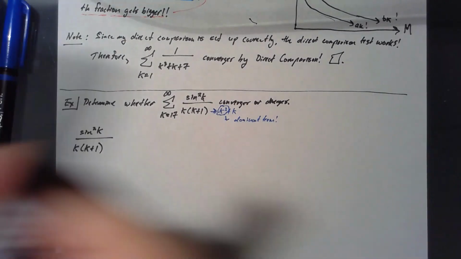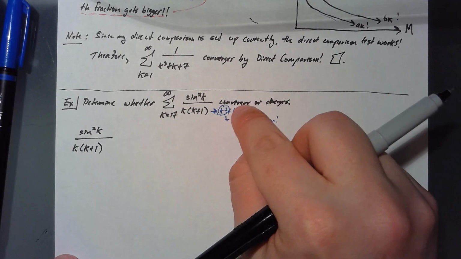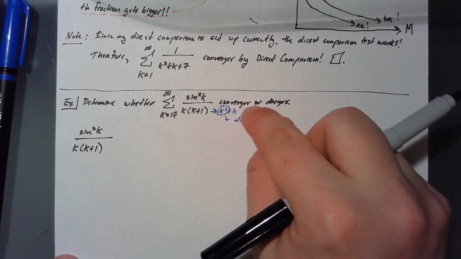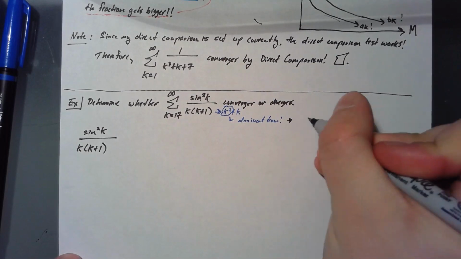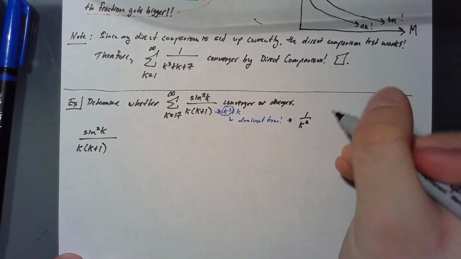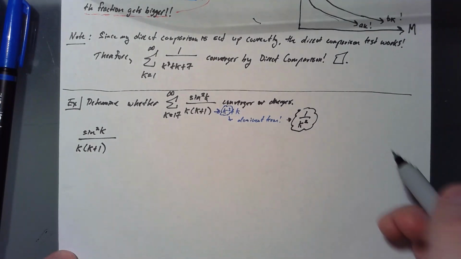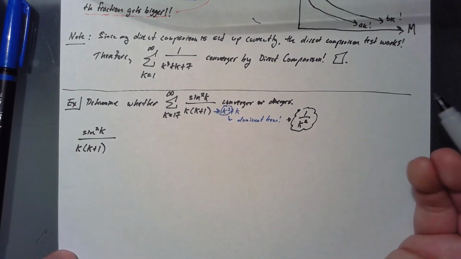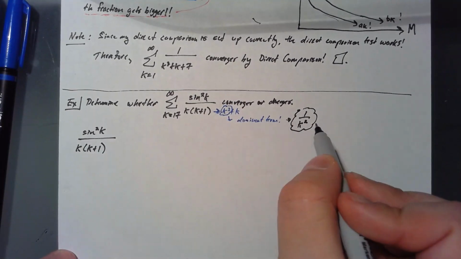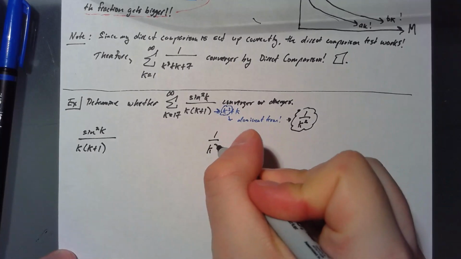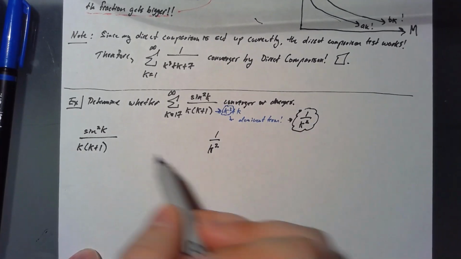So I'm thinking, if I ignore the k, I want to compare this to something over k squared. And that's a known series. That's a p-series where p equals 2, which means it converges. All right, so I'm trying to get from here to something like that. So how am I going to do that? Well,